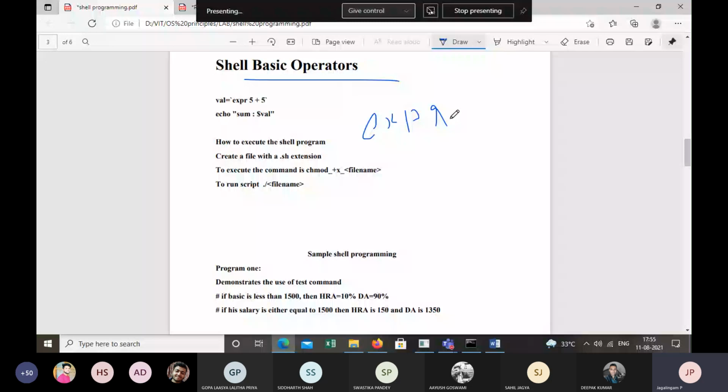Now the question is, why do we need a shell script? What are you going to do with this? We have C, C++, Python, Java, C#, we have multiple languages. Then what is the need of shell programming? Where do you use this?